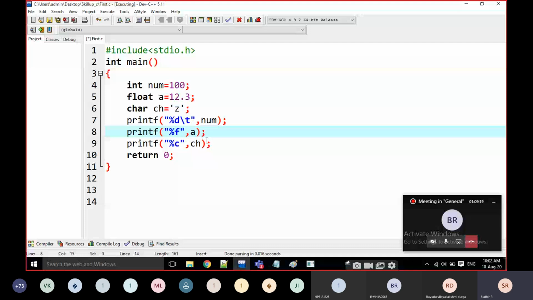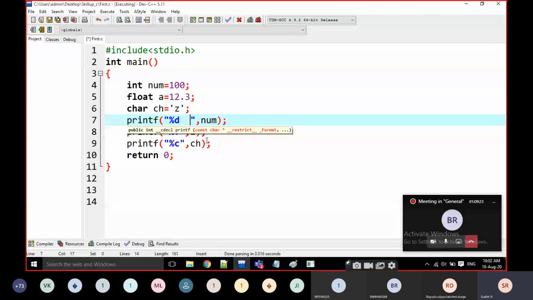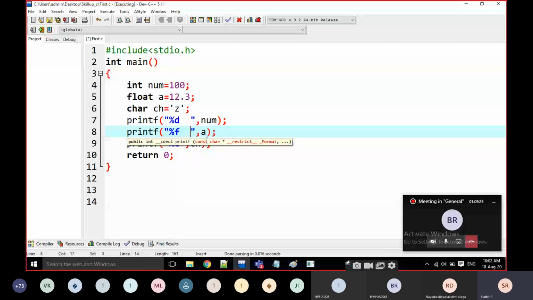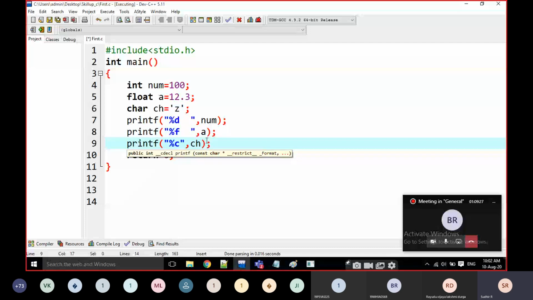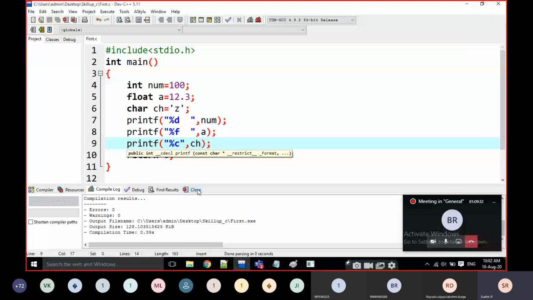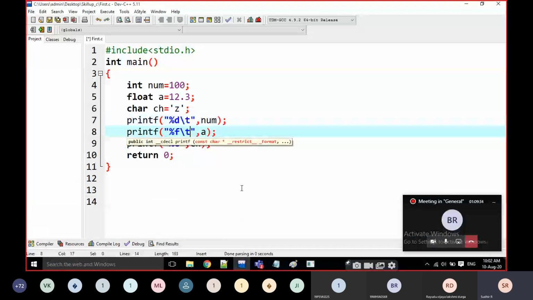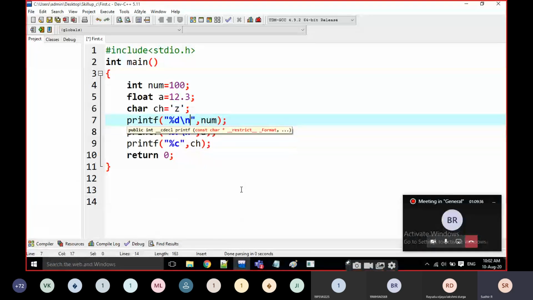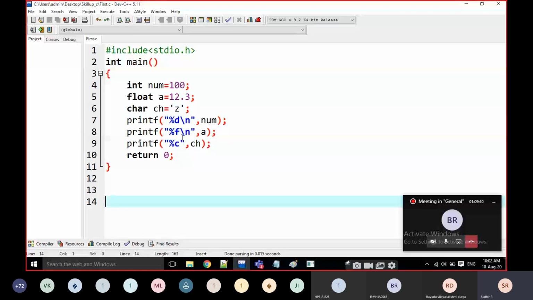Instead of that space, if we want any space, instead of only giving it here, if I give 2 spaces like this and execute it, it is going to print like this. No worries. When we are going for a new line, it is going to be slash n. This is the one we are going to use every time. Slash n represents a new line.